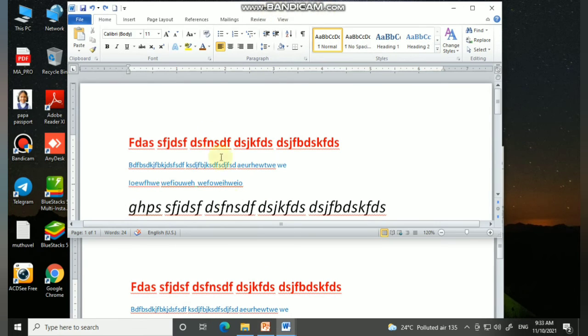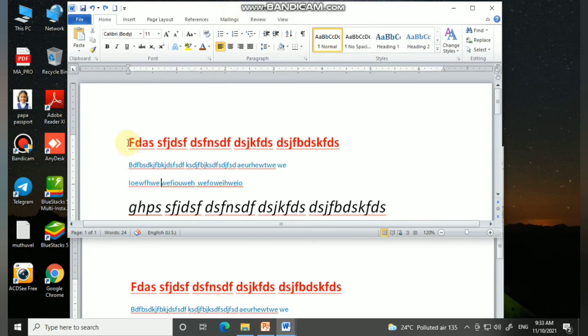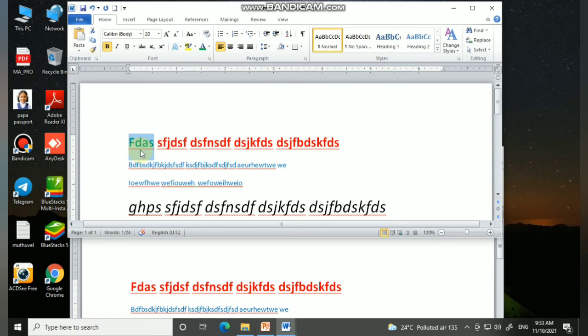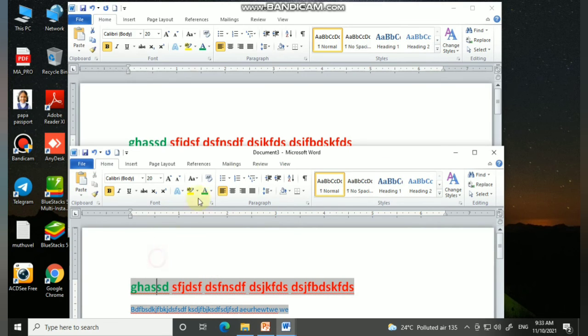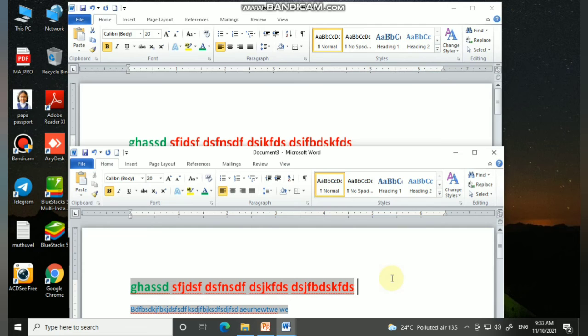Document 1 is the original text and document 3 is the paste special text. Now I am going to change the color to green, and change the text, for example GHASSD. What I changed in the source file is reflected even in the paste special file. Here it is GHASSD, and here too it is GHASSD.